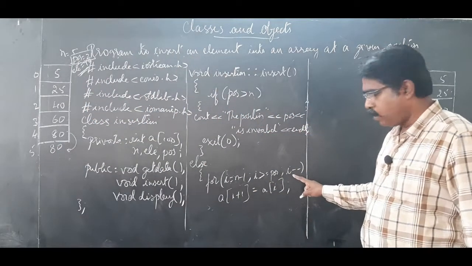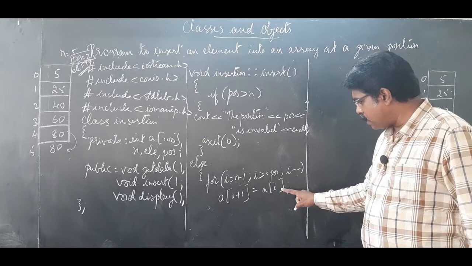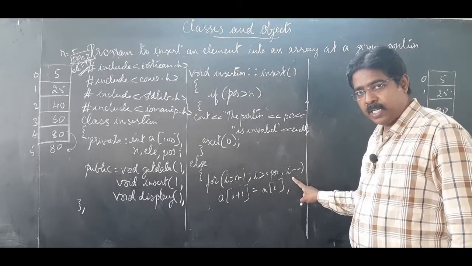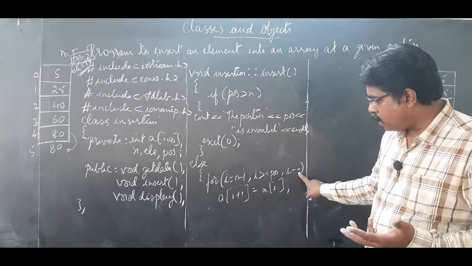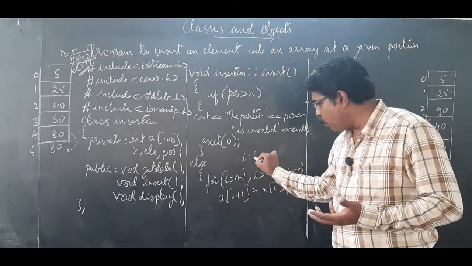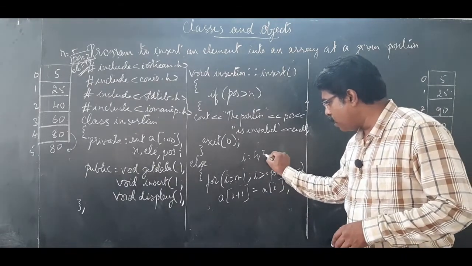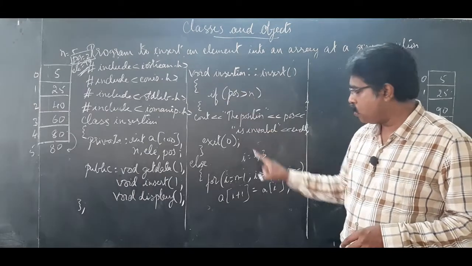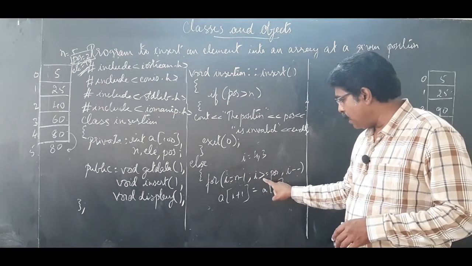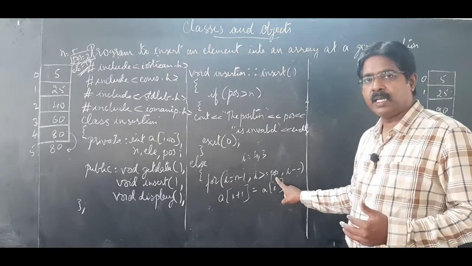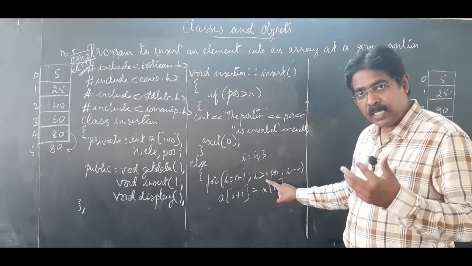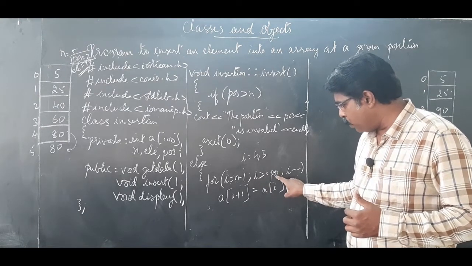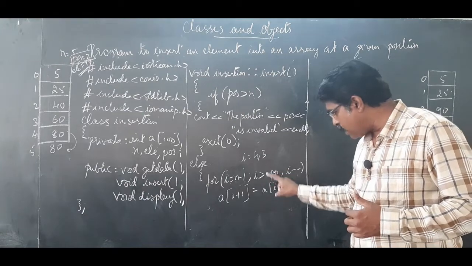Then the control goes back. You know how a for loop works? Once it continues to repeat, then it moves on to the third expression, that is updation. I minus minus. Right now, I's value is what for us? 4. Decrement by 1, it becomes what? 3. 3 greater than equal to position. What was position? 2, right? So 3 greater than equal to 2. I'm sorry, 3 is greater than 2. So since I is greater than POS, 3 is greater than 2, once again it moves on.